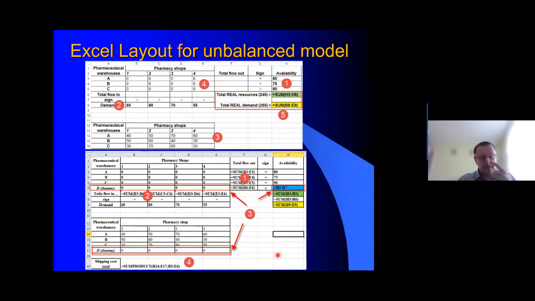And here is how it could work in a spreadsheet, and in practice you will do this in a situation where we have a slightly different resource. We have availability of medicine in warehouses, we have demand from pharmacy shops, and when we calculate the real resource and real request, you can see that they are not equal, and the resources are smaller than the demand. So in this case, we need to introduce a dummy warehouse with a dummy capacity, which is the difference between real resource and real demand. For sure it should never be negative, so we take the difference from the greatest to the smallest value. We also introduce a dummy cost, which is in fact always 0, and for sure we will need to adjust